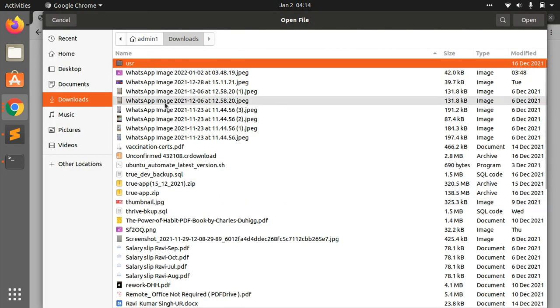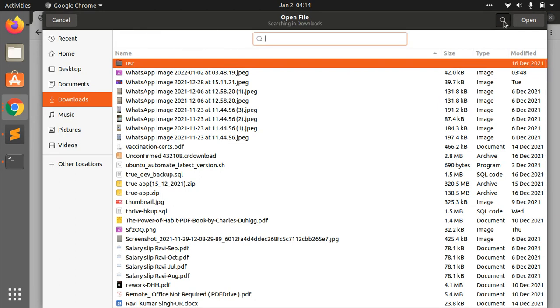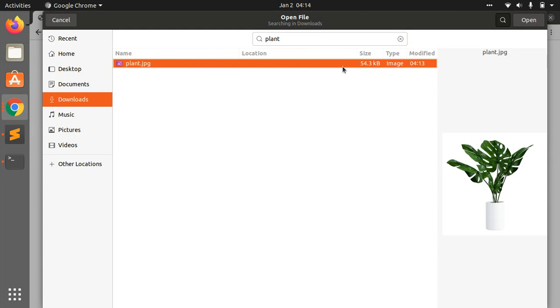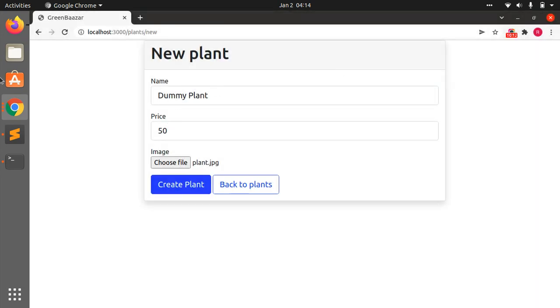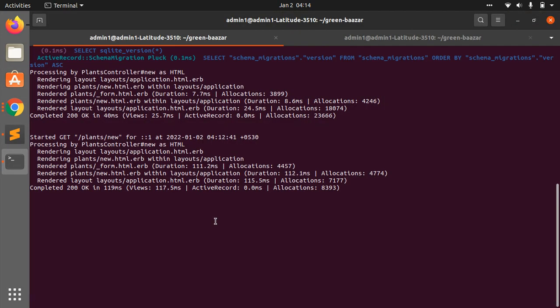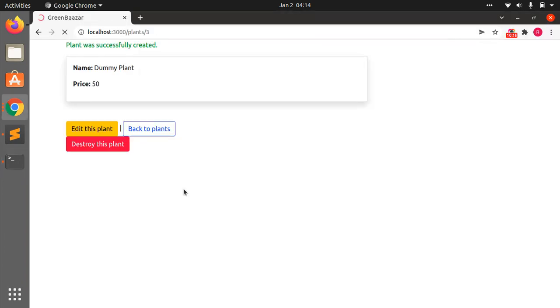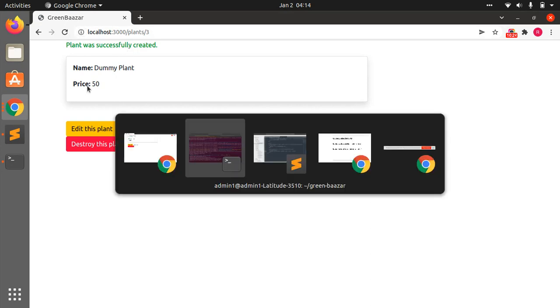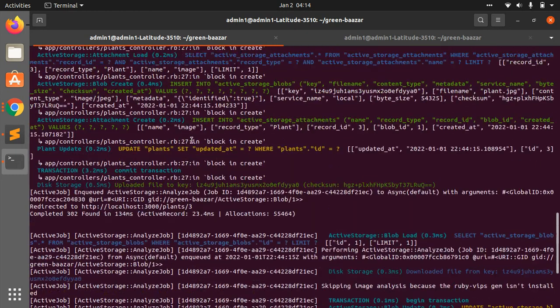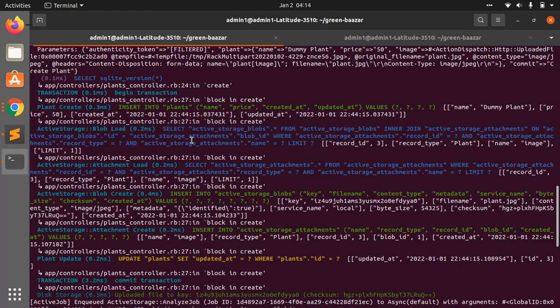So where our plant is, plant.jpg. Okay, and now you can see here, when I submitted the form, the plant was successfully created, and you can see at the terminal there is a